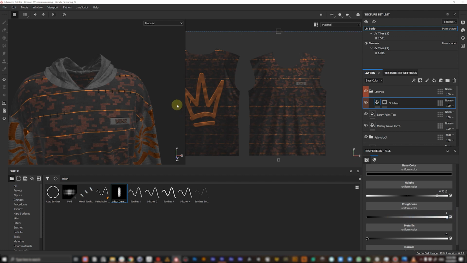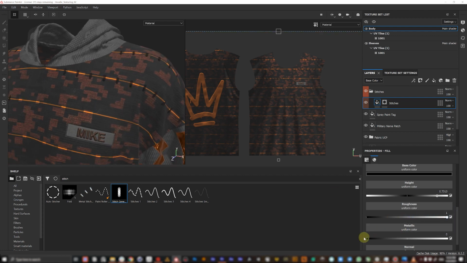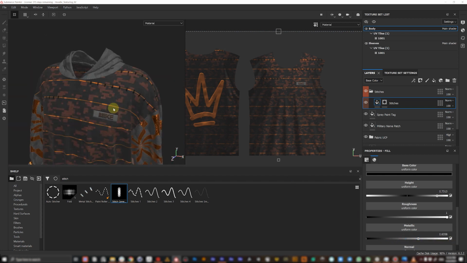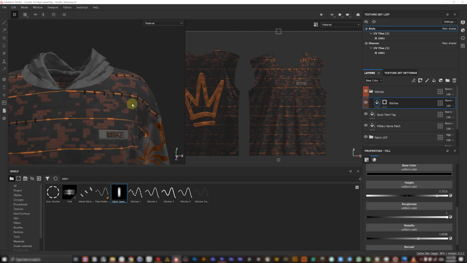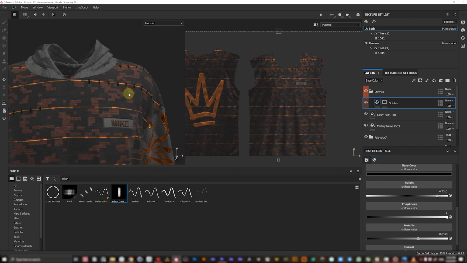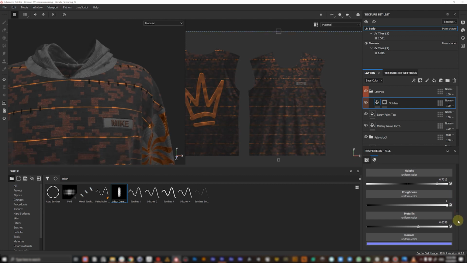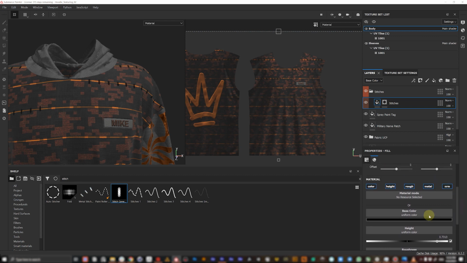We actually don't need that much of a roughness over here, since it's a fabric stitches, not a metallic, but you can make them metallic. I don't know, maybe you need that to be metallic. So yeah, now I think the color is way too black. It doesn't really match the feel, so I'm going to make it just a little bit more grayish. And also a great part, let's